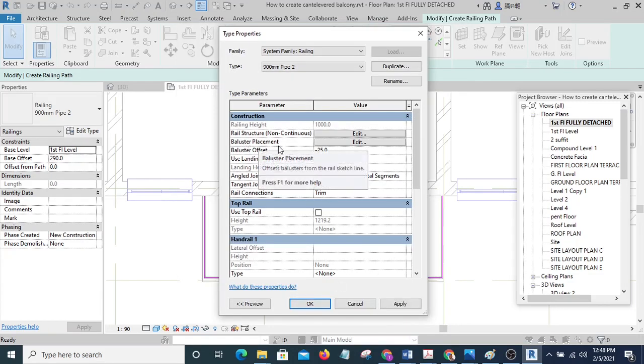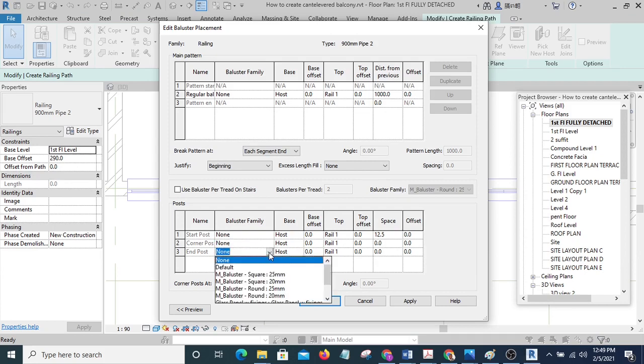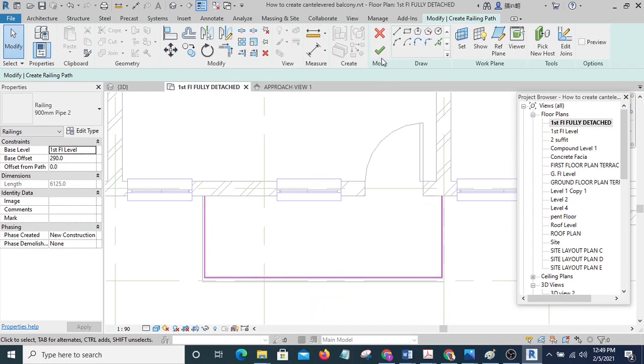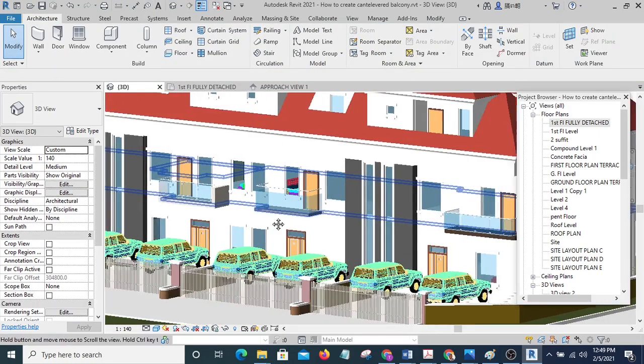Then the baluster placement, you can see the baluster is none, the start is none, the corner is also none, and the end post is also none. So everything is none. That means we have no baluster. Then we click OK. Then we finish it.